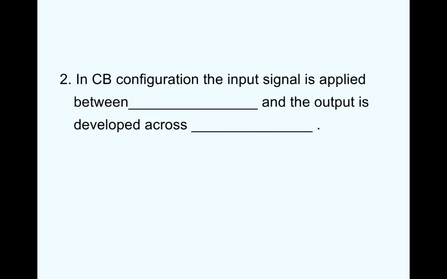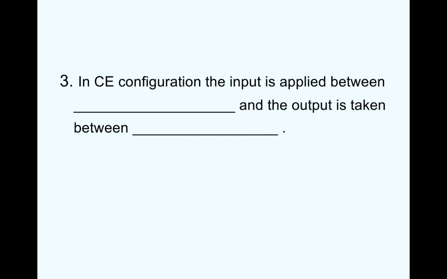In common base configuration, the input signal is applied between emitter and the base, and the output signal is developed across collector and base. Next question, in common emitter configuration, the input is applied between